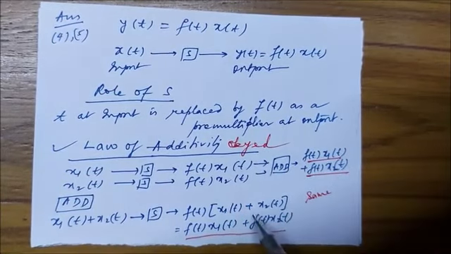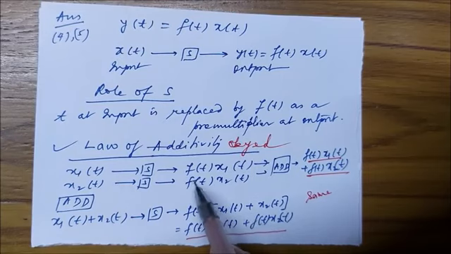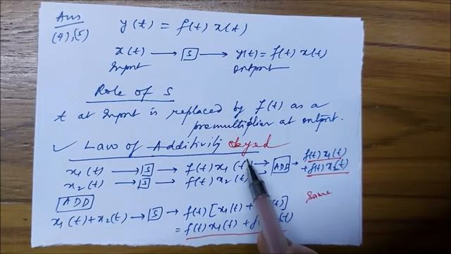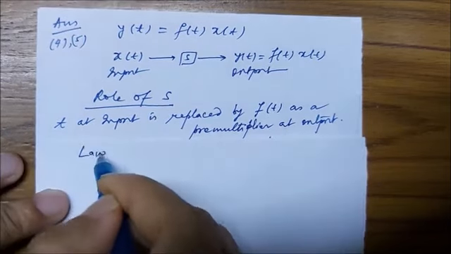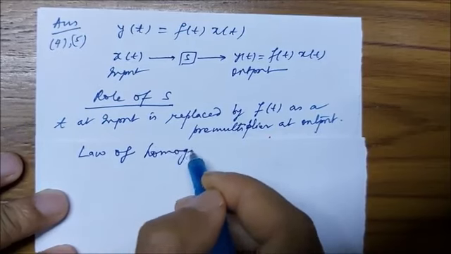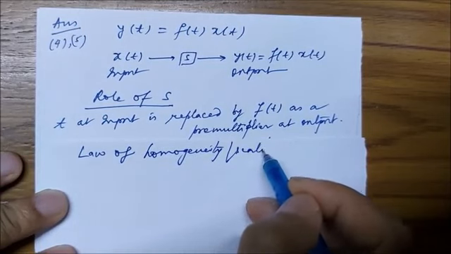We next discuss whether law of homogeneity holds, and it will hold because satisfaction of law of additivity implies that system is linear. So principle of linear superposition holds. Still, let us do it explicitly. So law of homogeneity, or the scaling,